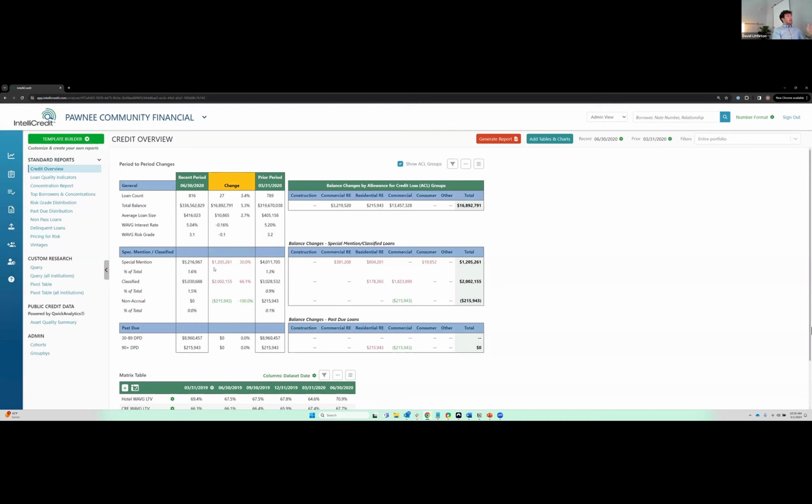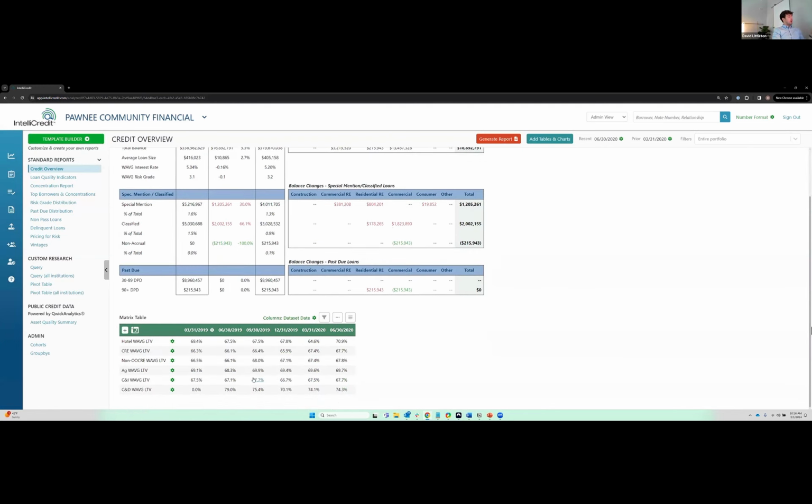So that's evaluating the portfolio between two periods. Now, beneath here, I created this report before the call today. This is a custom report that I created. And so I created each of these rows that show the weighted average LTV for each of these individual concentration